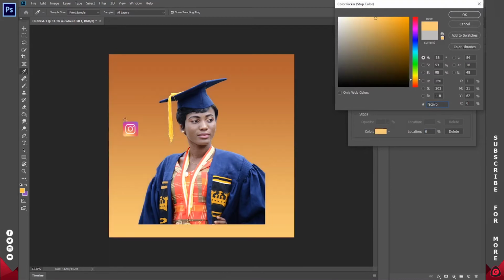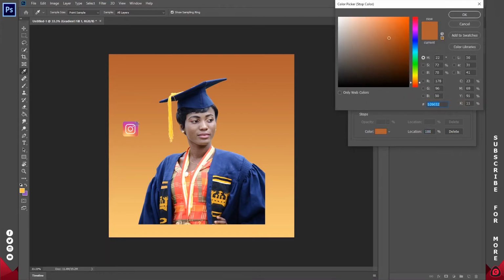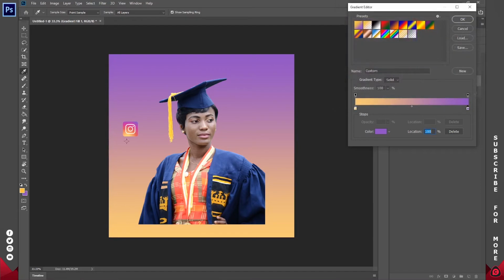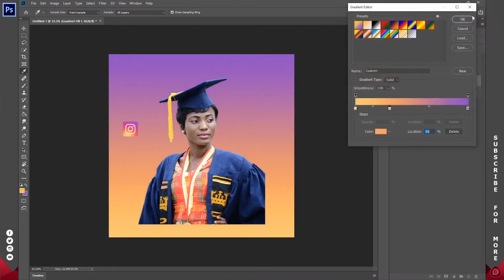color, so that is okay. Then I'll select the last icon, I'll click on color and I'll select the last color over here. So in between we have various colors, so I see about 2 colors, so let's work with those. So in between, somewhere around here, I'll click on color again and I'll select an in-betweener. Then I'll click on OK,